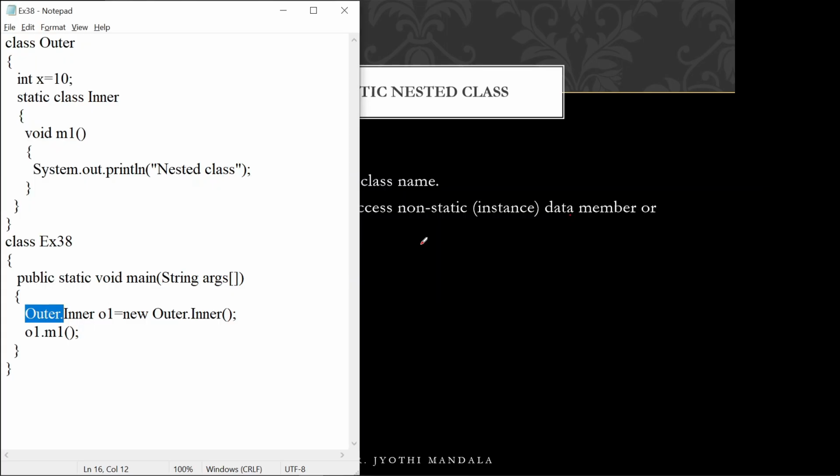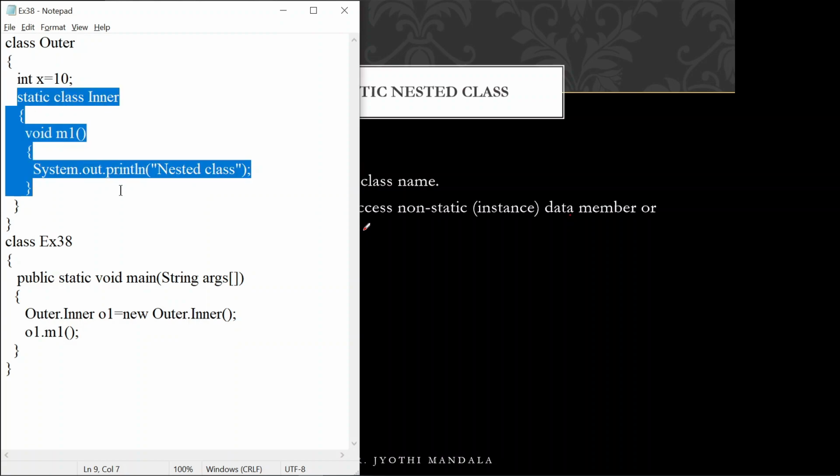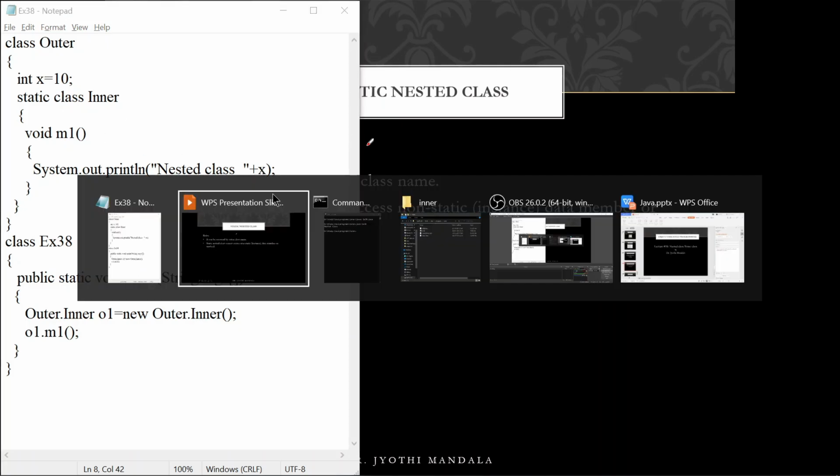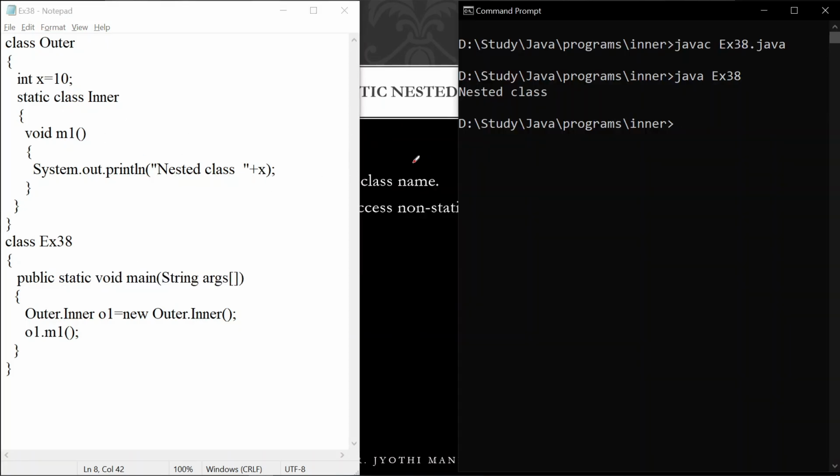To understand this one, you need to remember, you are writing a class, an inner class here. This static inner class can access the things that are available here, provided that they are also static. But here we have a non-static thing. So let us try to access that variable x. So what we are doing, we are trying to access the x variable. So let us save this one and compile and check whether we are getting the output or not.